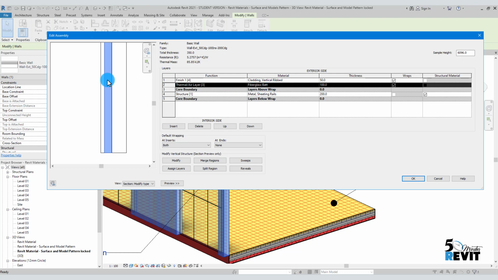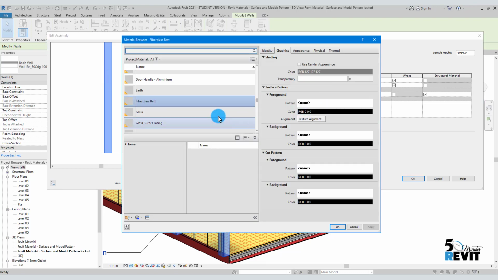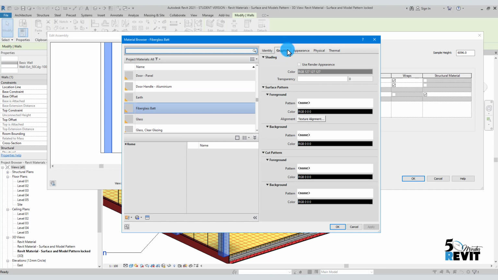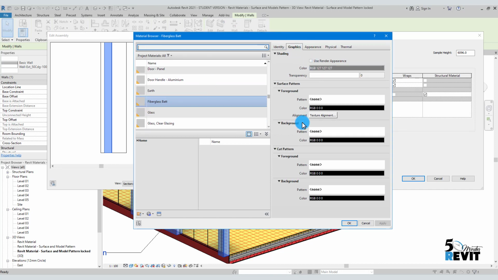That means if I change the pattern here, I can have another hatch, for example. Here I will go to this material library that has 4 assets, for example. Here I had another one, 5 assets. But I will explain in depth in another video how the material library works. Now, what is important for our video today is to customize the graphics for this layer